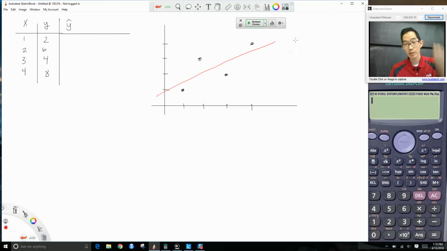And so this equation is y hat is equal to 1 plus 1.6 x, okay? Y hat is 1 plus 1.6 x. Okay, so in this case, when x is 1, what do I predict y hat to be? 2.6, okay? And then when x is 2, I would predict y hat to be